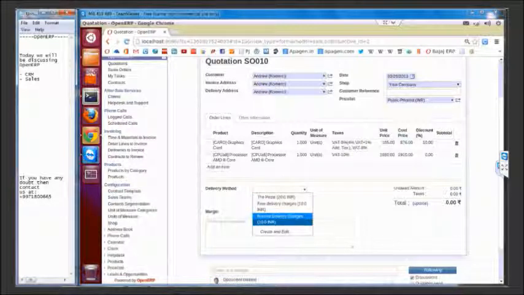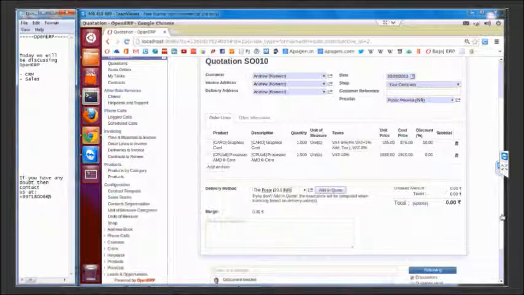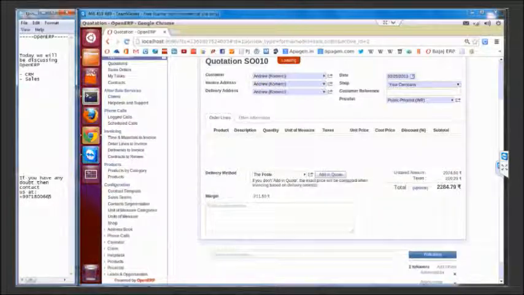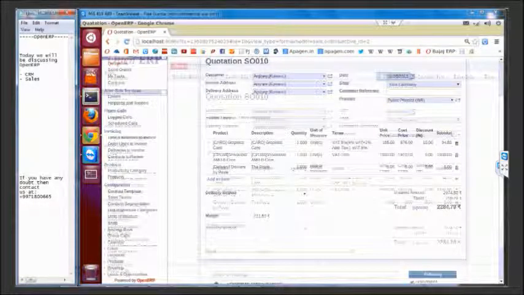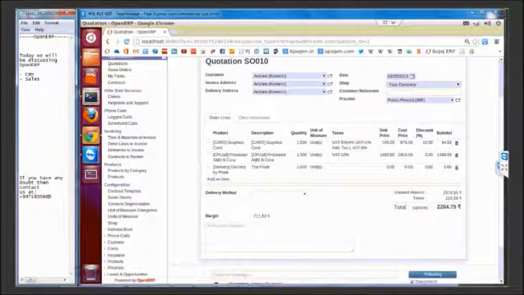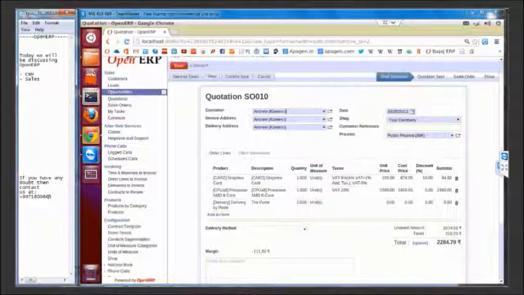We can also choose delivery methods, and of course, delivery charges could be added. For example, we choose one of them and we add it in the quotation. Automatically, the untaxed amount, the taxes, and the total amount are updated right here.